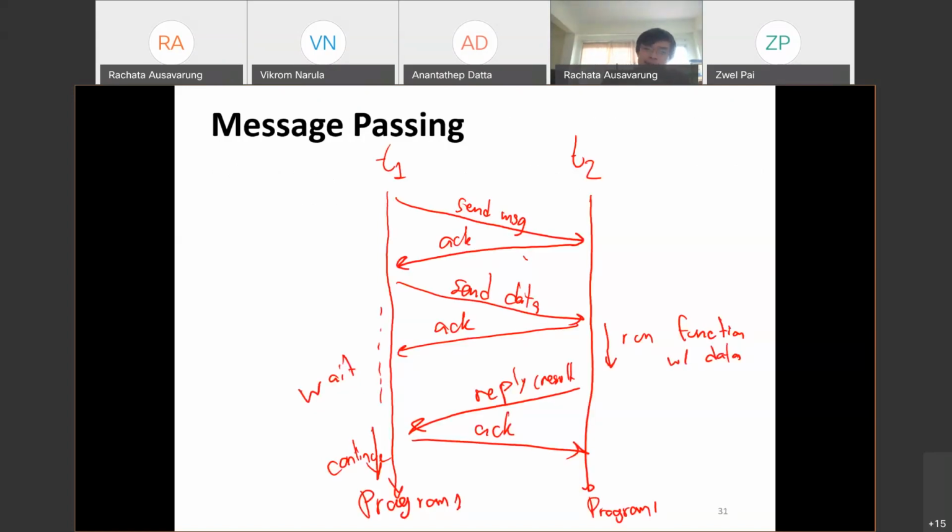That's a great question. T1 can send a lot of messages too, as long as you know what you're doing. What I drew here is called synchronous message passing, where you are waiting for the reply before you send the next message. If you want to do it asynchronously by sending a lot of messages and waiting for the ack, or maybe not, you need to make sure you have a way to handle